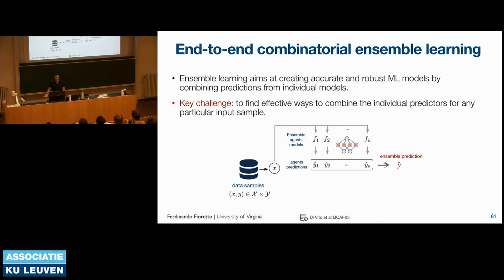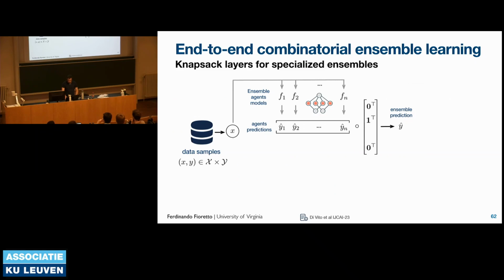Okay, something else that you can do. So we looked at ensemble learning or model selection learning. Here, you have a data set of samples, and then you have multiple models that are trained over these data sets. And what you want to do is to select a subset of those models to build a better predictor, right? This is a classical problem in machine learning, and you can use several types of voting schemes in order to select the best candidate selections.